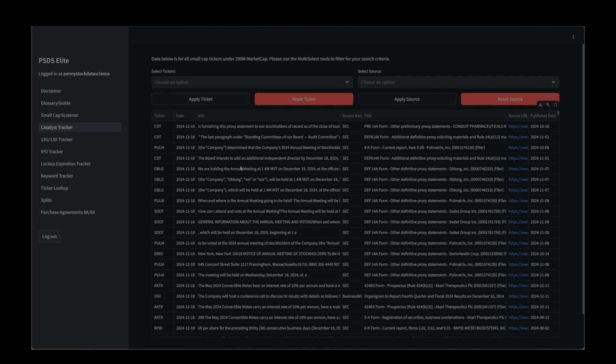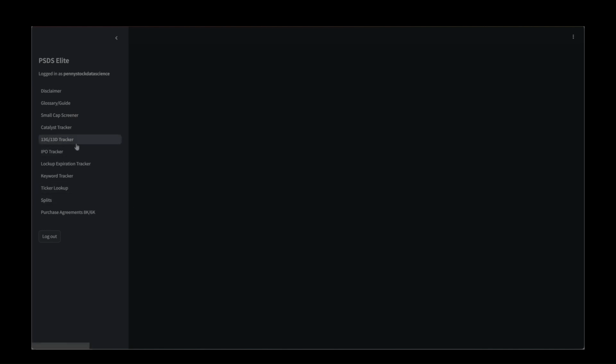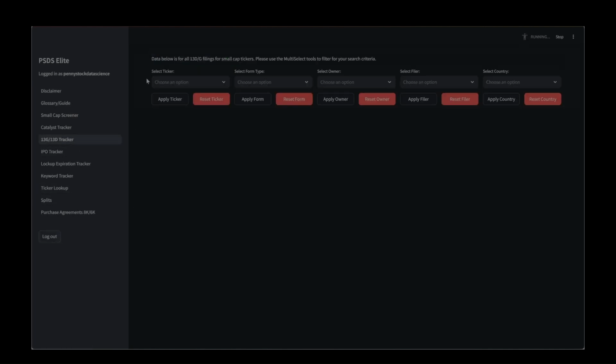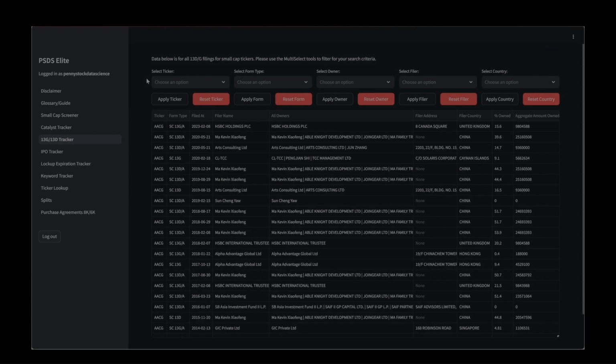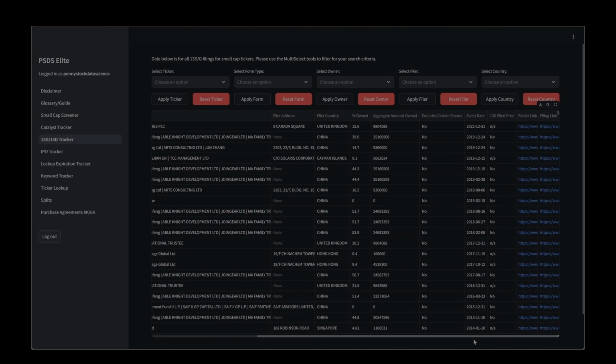We'll get into this a little more in the ticker lookup, but next we're going to go to the 13G tracker. What this does is basically take data for all 13Gs and 13Ds for all small cap tickers. This runs daily. We get all of this data: the ticker, the form type, when it was filed, the name of the filer, but also every owner associated with that filer. When you open up the filing, the person who filed it might be a company or a person, but most of the time there are more people or entities associated with it, and that's what we have in this all owner section. And we'll have stuff like the address, the percent owned, the amount owned,